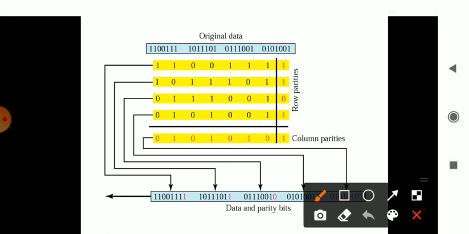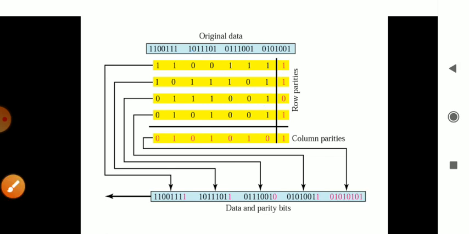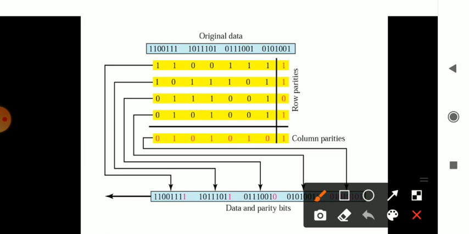What happens is, you can check out in the matrix, the number which is being fed is this one. First one, second one here, third one here, and fourth one here. It is being fed there, and here the even and odd parity checking is being done. When it is being checked, it has an odd number of ones, so 1 is being added here. Here also you have an odd number of ones, a 1 is being added at the end. Here you have an even number of ones, so a 0 is being passed. Here it is an odd number of ones, a 1 is being passed.